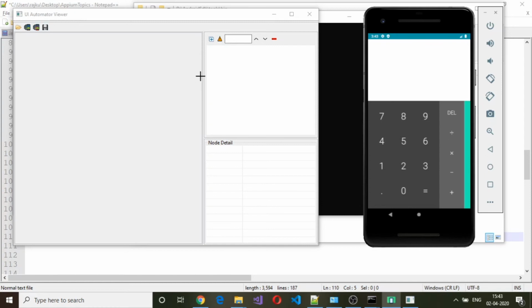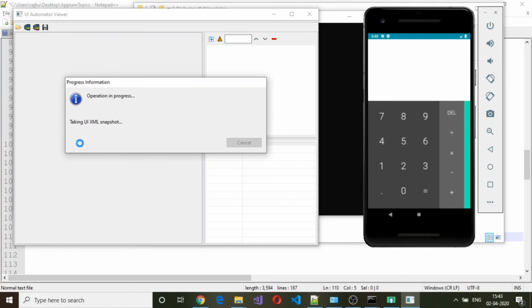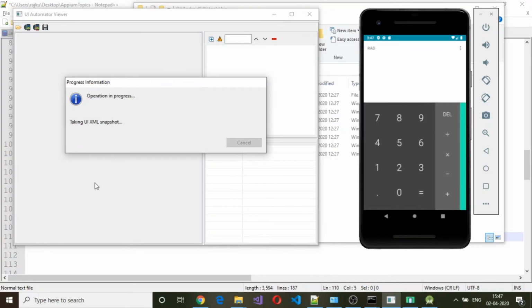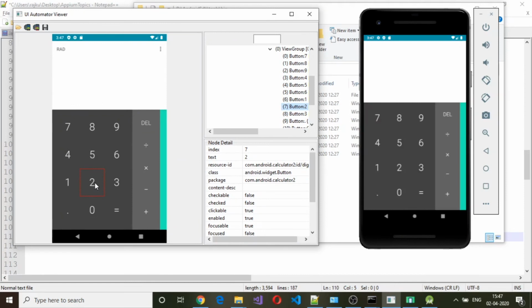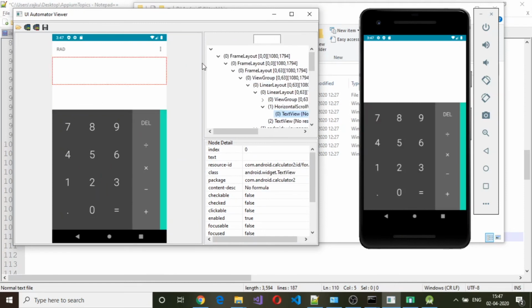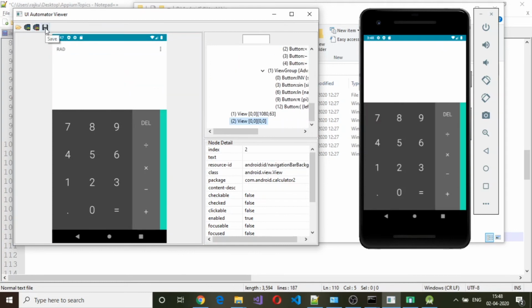UI Automator viewer. So before we get into the actual buttons which we are going to click, we need to get a snapshot of whatever is available on this particular screen. Okay, so click on this icon here. Okay, so this is the exact snapshot of whatever is on the screen. You can also save this particular screenshot.